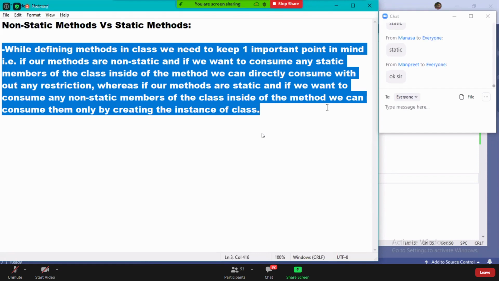Now, one point will be confusing us a little bit. What is that, sir? Sometimes you are directly calling, sometimes you are creating an instance and calling, sometimes you use this keyword in calling. Really, it is going to be confusing, sir.